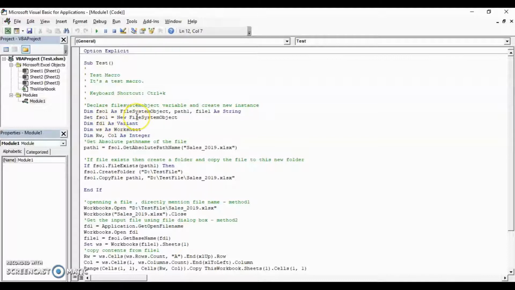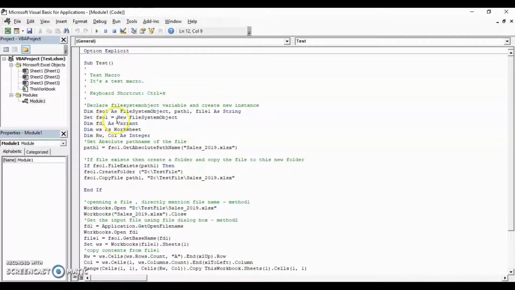Only when we create the instance for this File System Object will we be able to access the methods of this FSO. Otherwise, we will not be able to use the methods of this FSO. So we are using the New keyword, as I am showing here, to create the instance of the FSO object. So now we can use this variable to access the methods.